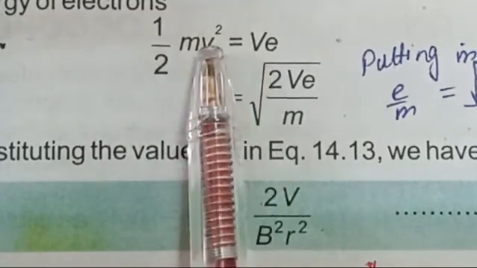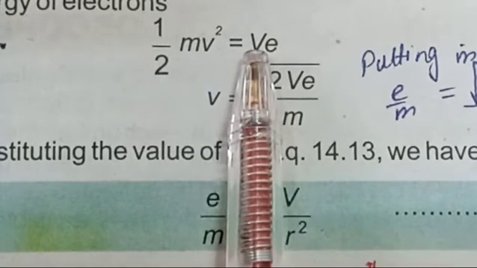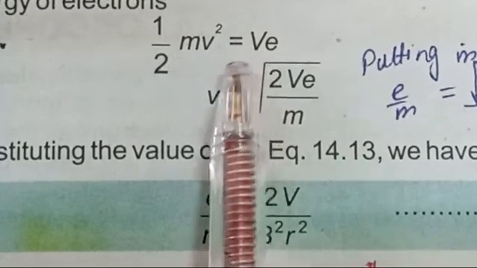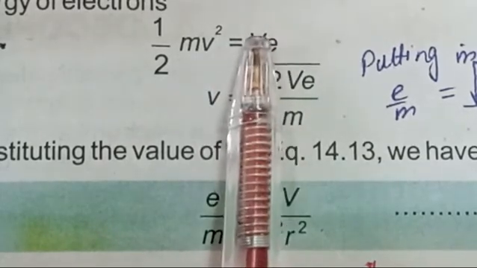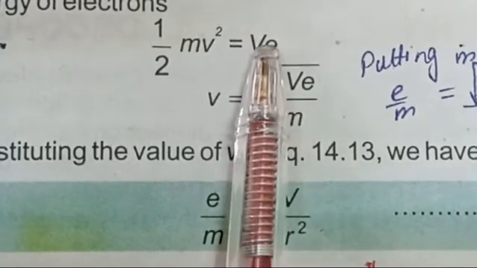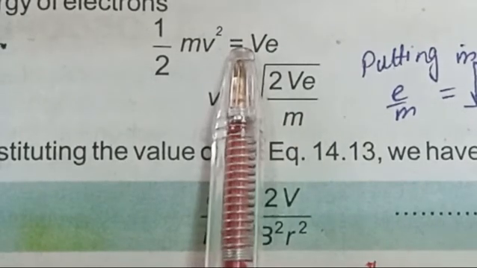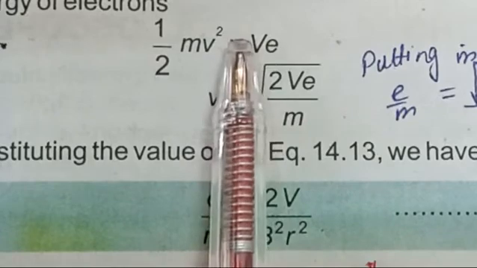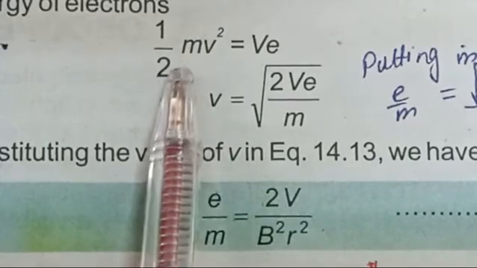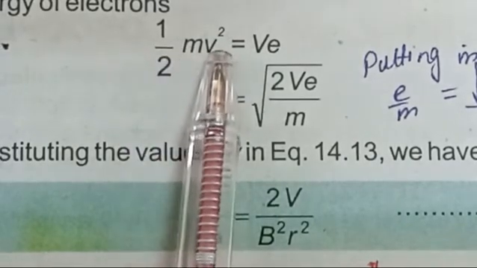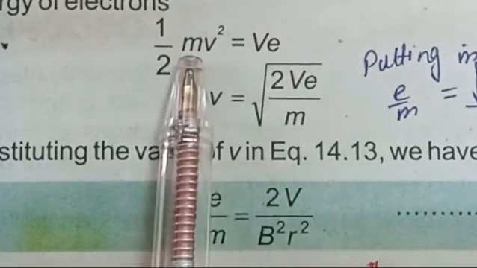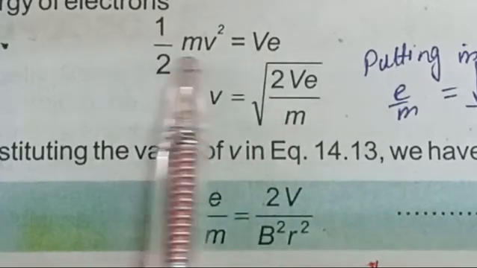Small v is speed, while capital V shows the electric potential. If V is the potential difference, the energy gained by the electron during this acceleration is Ve. Here e represents the electron charge and V is the potential. So the energy gained by these electrons is represented by capital Ve, while small v represents speed. So we can write kinetic energy, half mv square is equal to Ve. This is the potential difference applied to the electrons so that they will move having kinetic energy.